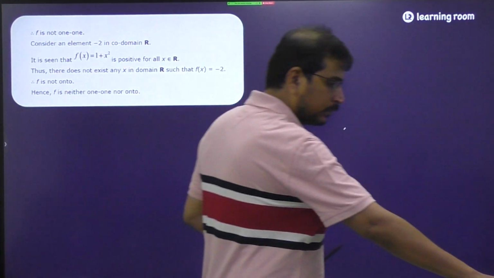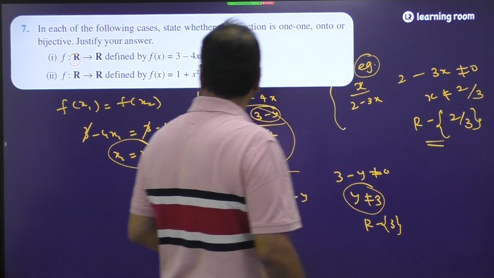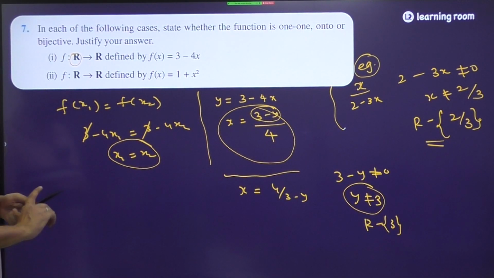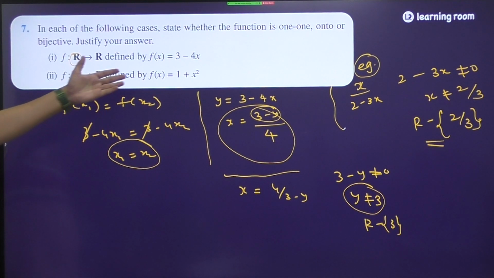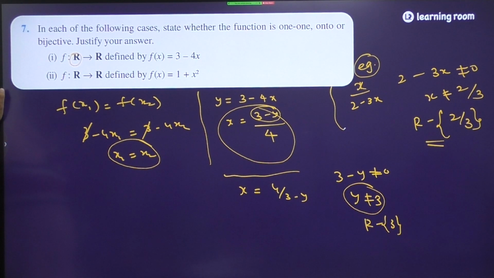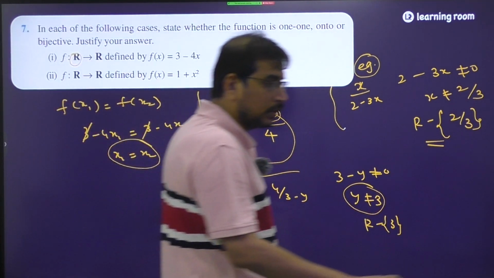We have another problem on this, no? This one. f is a function from real numbers to real numbers. f of x is equal to 1 plus x square. Is this a one-one function? No. See, mostly if you see a quadratic function or a quadratic polynomial, it will not be a one-one function because it takes the shape of a parabola. It will either take the shape of an upward parabola or a downward parabola. What shape will it take here? Why? Coefficient of x square is positive. If I ask you to draw the graph, how is it going to look